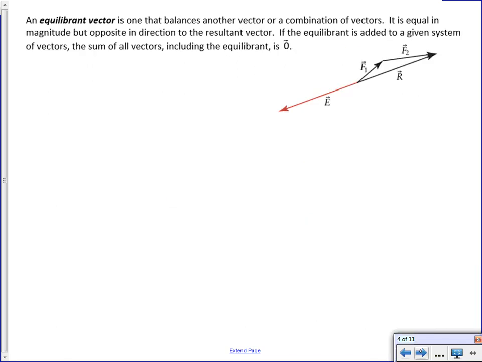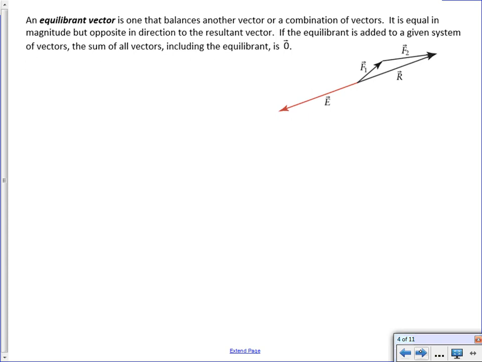Okay, so now let's look at a different scenario. First of all, a new terminology. It says an equilibrant vector is one that balances another vector or a combination of vectors. It is equal in magnitude but opposite in direction to the resultant vector. If the equilibrant is added to a given system of vectors, the sum of all the vectors, including the equilibrant,